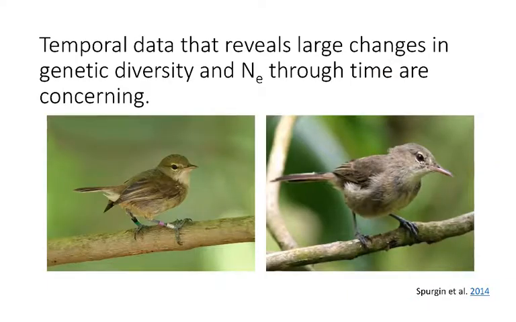In contrast, if we compare historical and contemporary samples and find there are large changes in diversity and effective population size through time, that's when we're even more worried. And that's because if we used to have really big population sizes, large diversity, and now we don't, again, that's another indication that perhaps something has happened to this population where now it is really not well suited to be able to adapt to future conditions. This is actually something they found in the Seychelles warbler.